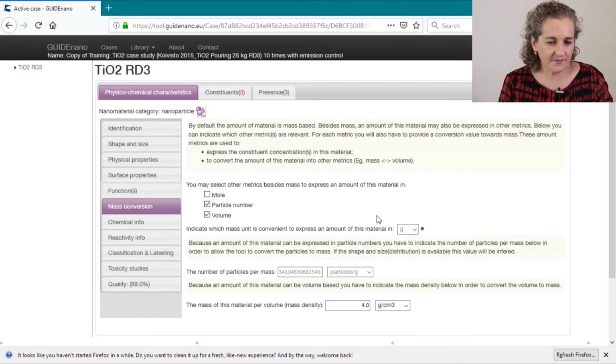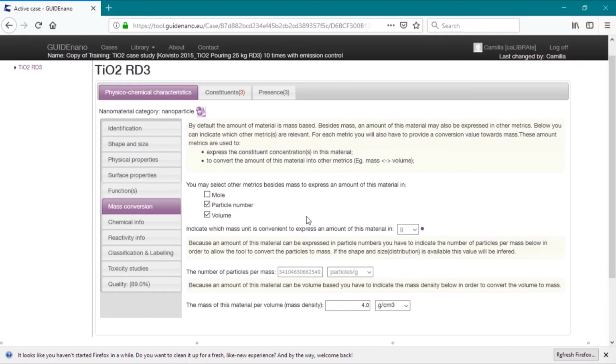Mass conversion. Here you select the matrix that you want to express your amount of material in: mass, particle number, volume. So you have different possibilities to get the output of your risk assessment in different metrics. Which mass unit do we want to use? You can use grams, milligrams, kilograms, so we chose grams. Here you can see the particles per gram, and this number is coming from the mass that we already input in the first